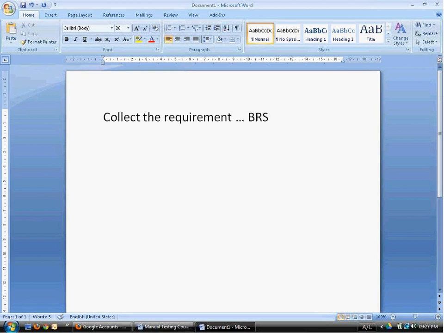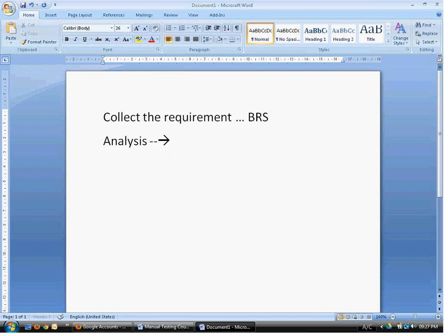Once they collect all the requirements, whatever possible things the client says, it's called the business requirement specification, right? And then, when the requirement is done, it will be moved into the analysis phase,